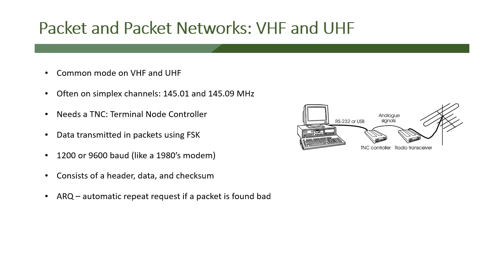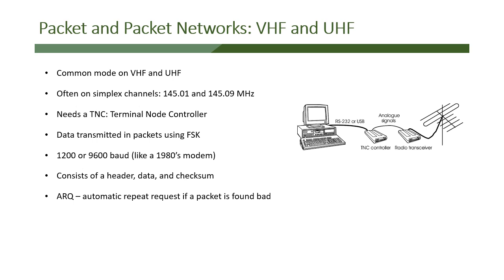But again, it's common on VHF and UHF because you have a higher baud rate. So remember I said that WinLink mail on the 80-meter band, for example, is about 300 baud. Here we're doing about 1200 or 9600 baud, which is about like a 1980s modem. That's how fast or slow it might be. It's used on simplex channels, and you can see it listed here, 145.01 and